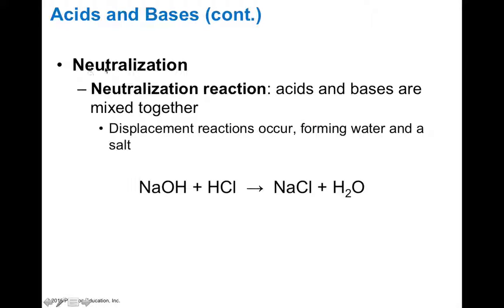Now, neutralization is a process where we can actually bring a pH closer to 7.0. So that's where acids or bases may be mixed together. And so if you have equal amounts of NaOH and HCl, this can actually form NaCl and water. And if you get pure water here with a little bit of NaCl, so that you don't have excess numbers of hydrogen ion or hydroxide ion, then this would be a pH of 7.0.